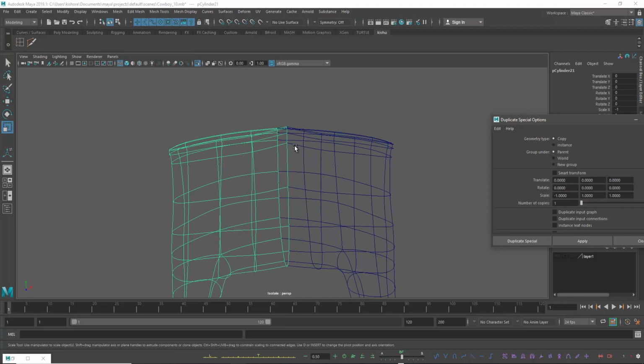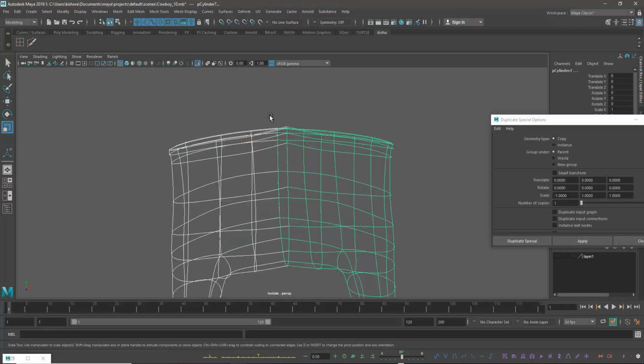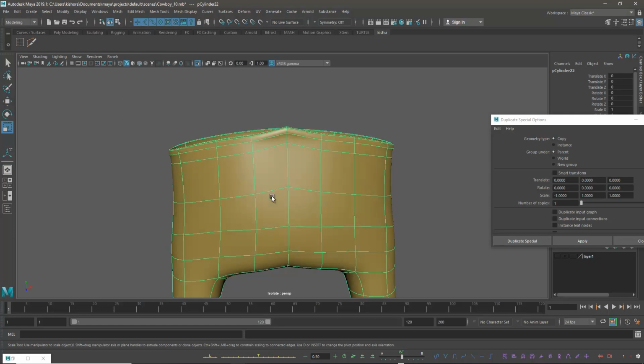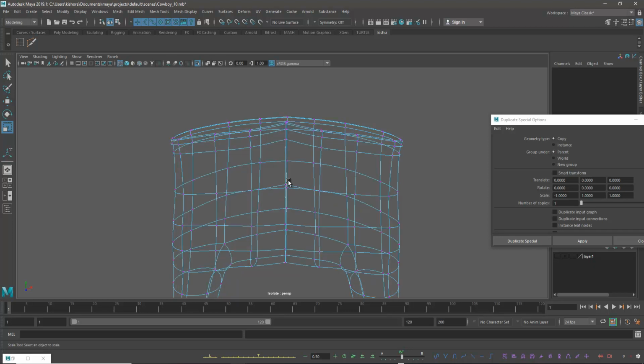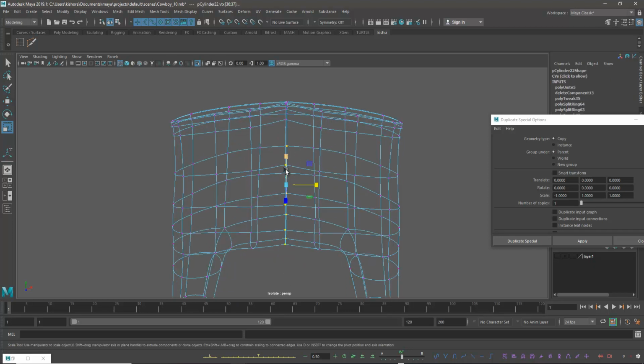The copy we have taken, and now both of them are combined. 4. Merge.